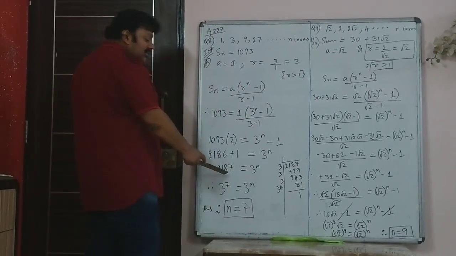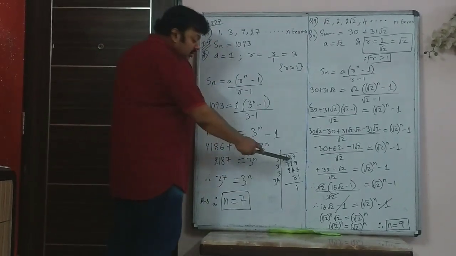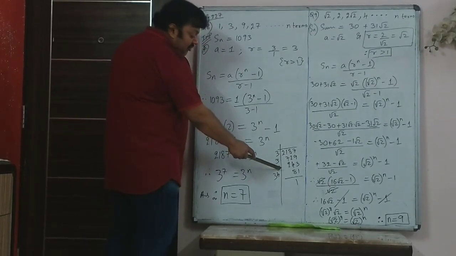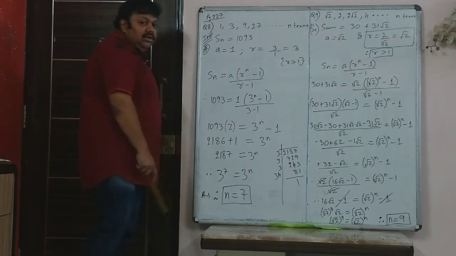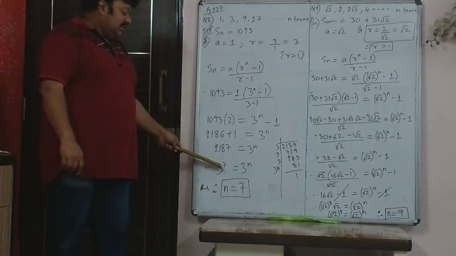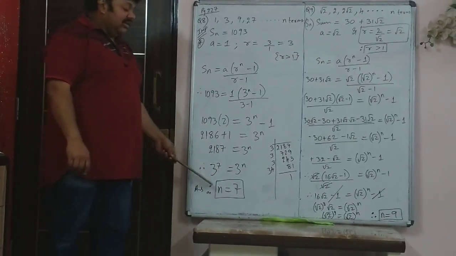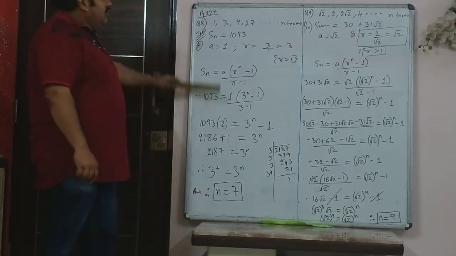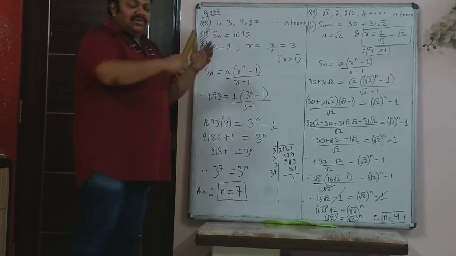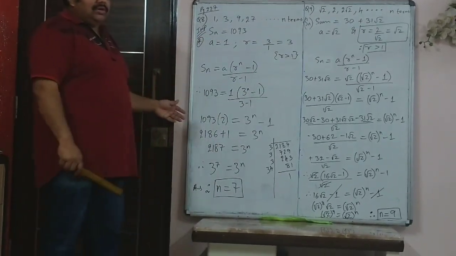Now 3 raised to how much is 2187? To find it, do the division method. So you can divide and you will get that 3 raised to 7 is 2187. The division is shown here. So since the bases are equal, you can directly compare the indices and say that n is 7. So this sort of easy sum only comes. The next sum has some bit of calculation. So sums like this don't come, even though the method is the same.